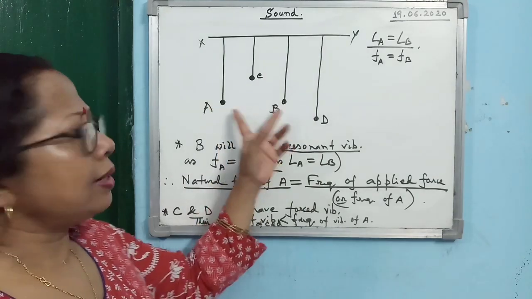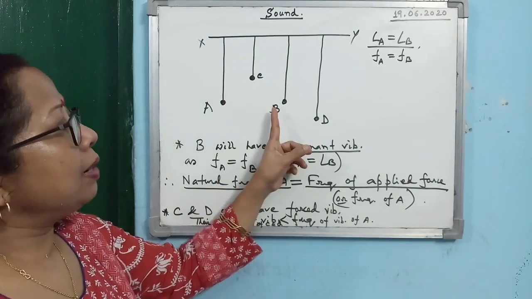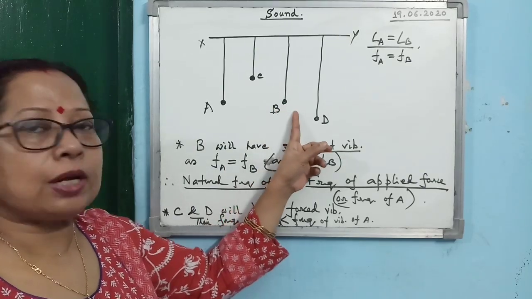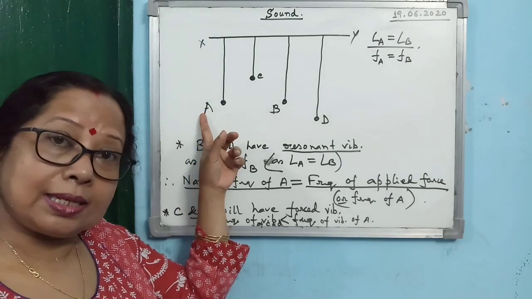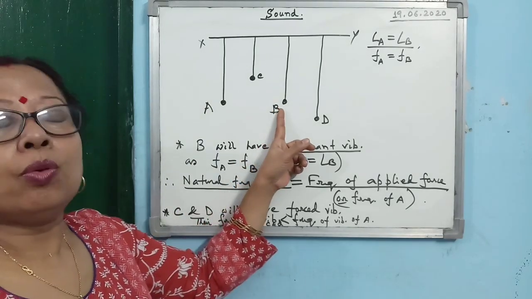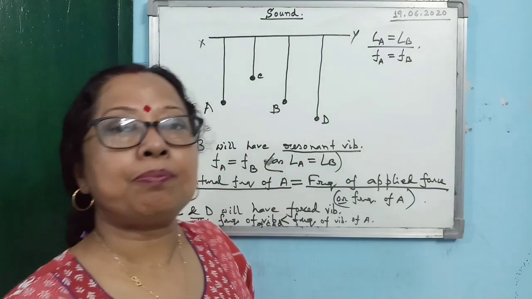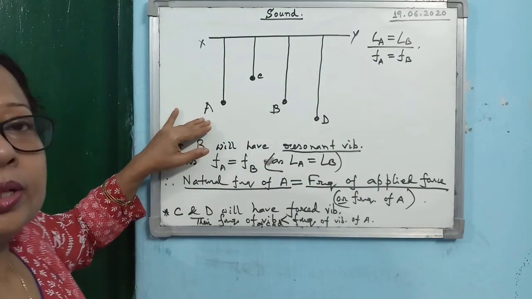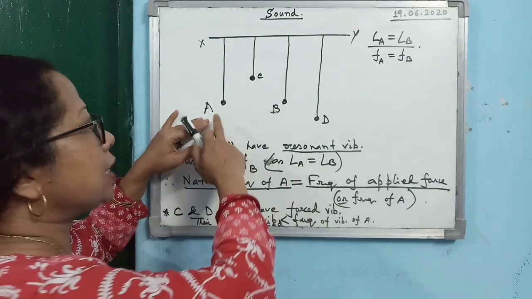And another point that you don't have to mention in your answer: what you will observe is that when the amplitude of vibration of B increases, the amplitude of vibration of A will decrease. Then one time will come when B will vibrate with the maximum amplitude and A will vibrate with the minimum amplitude. Then again the reverse thing will happen.